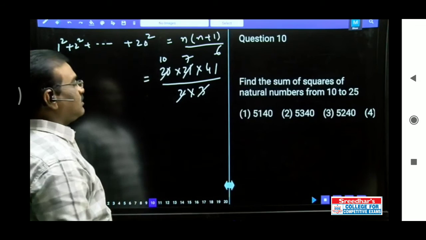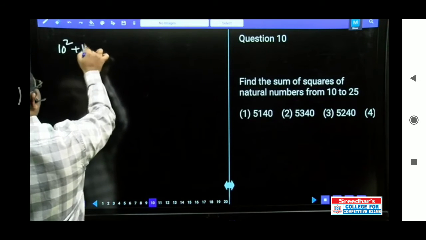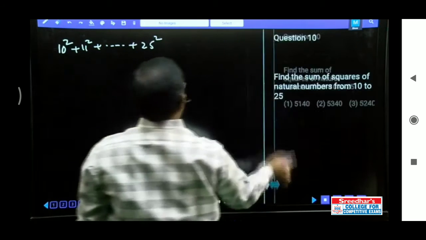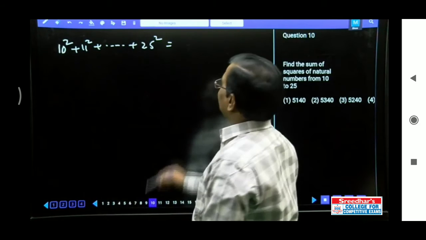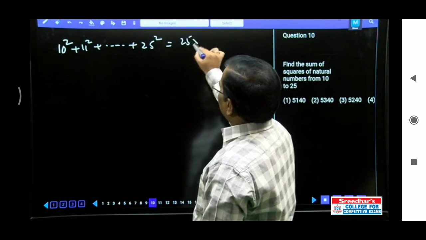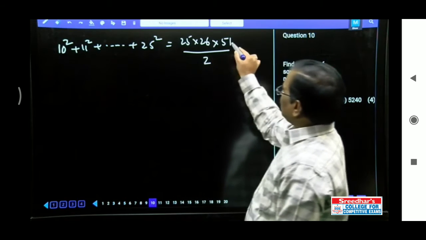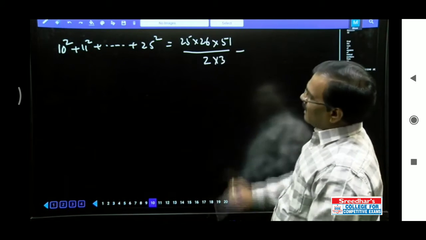Find the sum of the squares of natural numbers from 10 to 25. 10 to 25 అంటే 10 square, 11 square up to 25 square. అంటే ఇప్పుడు 1 నుంచి ఉన్నట్టుగా మనం తీసుకుంటే సిగ్మా 25 స్క్వేర్ మైనస్ సిగ్మా 9 స్క్వేర్, ఎక్కడ వరకు లేవంటే 9 వరకు లేవు కాబట్టి 9 వరకు తీసేయాలి. అంటే n into n plus 1 (26) by 2n plus 1 (51) by 2 n into n plus 1 into 2n plus 1 by 2 into 3 6 కాబట్టి ఓకే, మైనస్ ఎక్కడ వరకు అక్కర్లేదు 9 వరకు